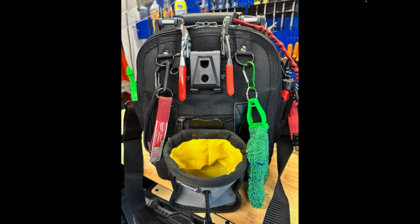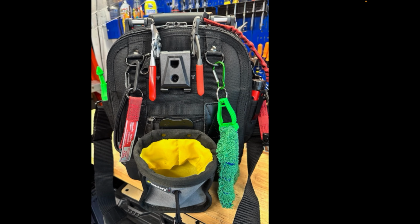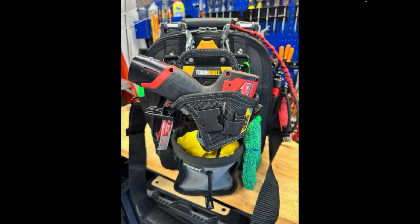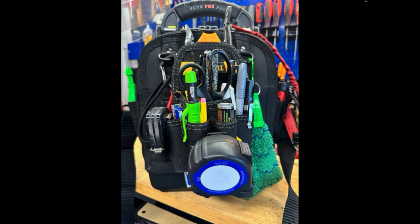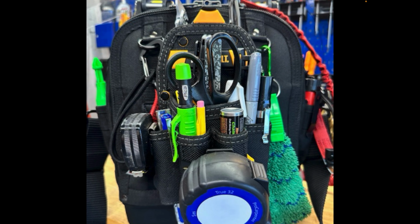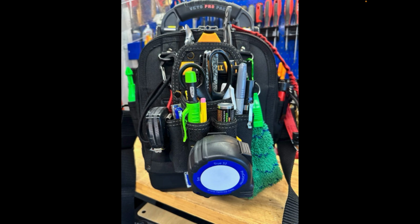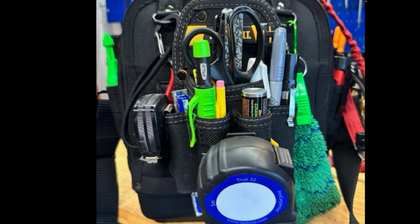So we'll go on to the next picture. Yeah, so he's showing you here that he's clipping on his drill holster onto there if he's going to carry his M12 drill or M12 impact right there. So he's using a Tough Built clip for that. That's what he's putting on there. And then here he's showing you he can also clip on this pouch. So maybe he's got something where he needs chalk shot, Sharpies, Inkzall, scissors. Can't tell exactly what's going on for sure back there in the back. He's also got a blue fast cap and then also another small tape measure over here on this side, it